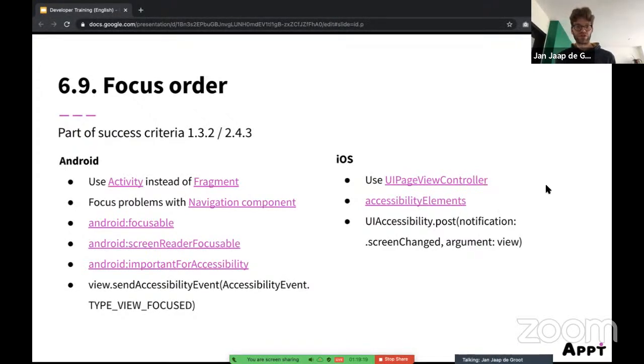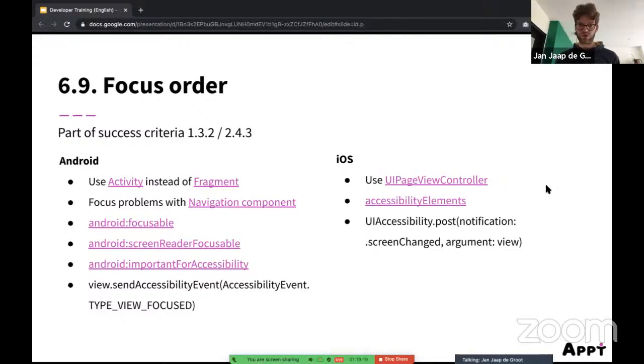Then we have the same accessibility properties as I just described. And one thing you can do to move focus order manually, it's called send accessibility event. And you can send a type view focused. So then you can force a screen reader or the keyboard to move to a certain element on the screen. And on iOS, you can also do this with a screen change notification.